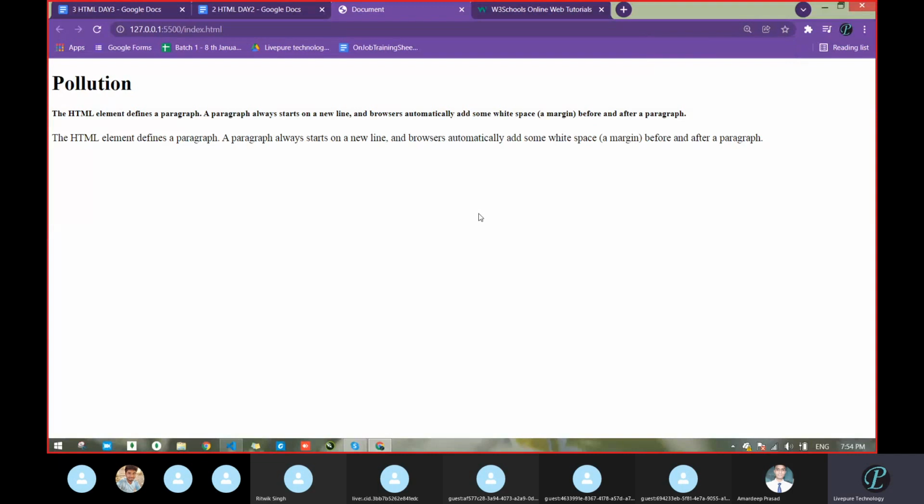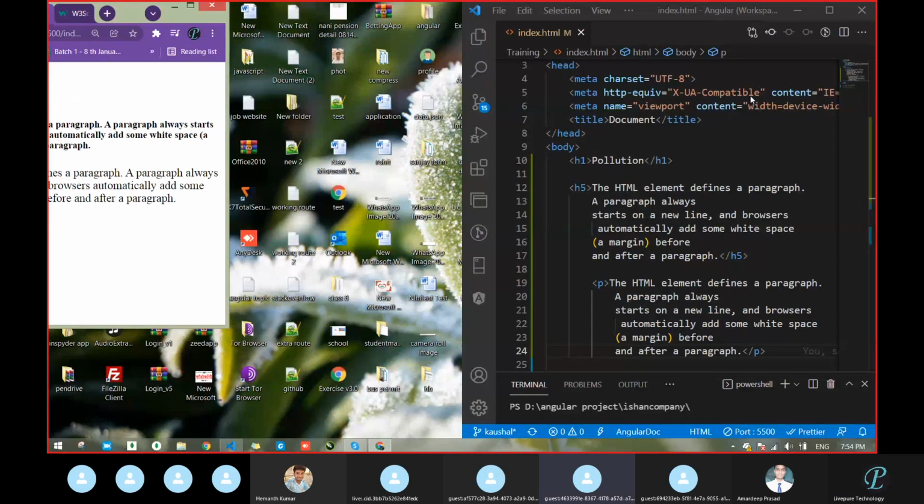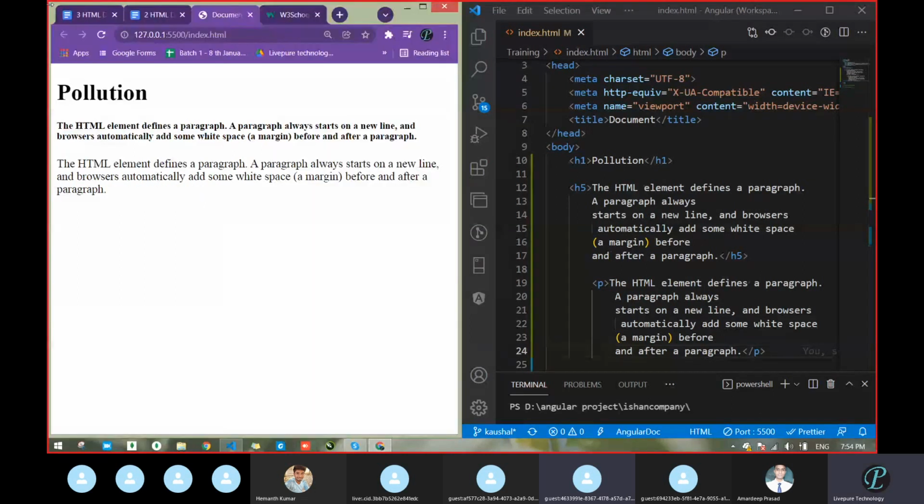What is the difference? The first line is bold, and in the second one there is one more difference: gapping. See, gapping between these two paragraphs and between these two. Getting that? Yes.